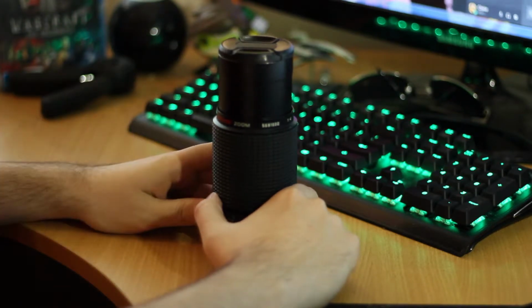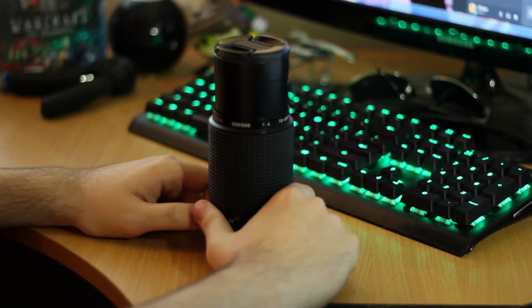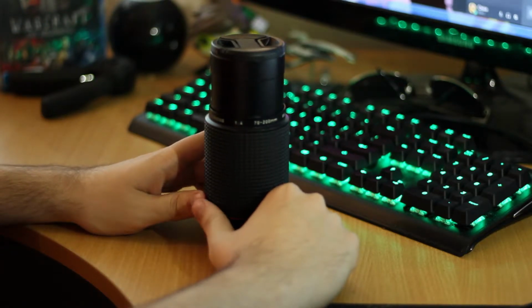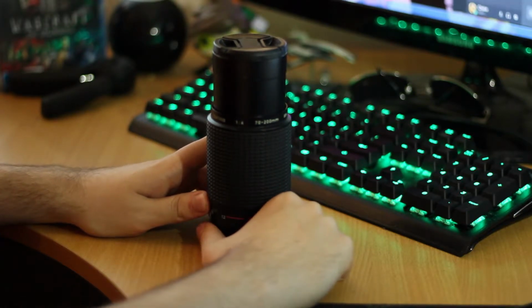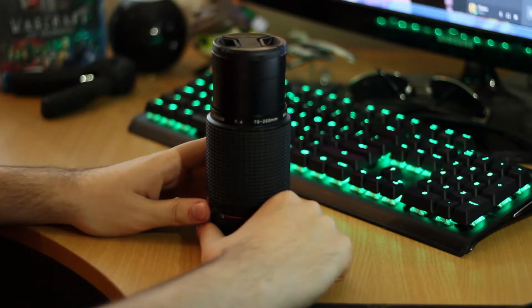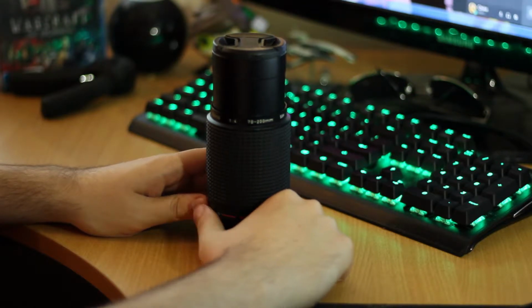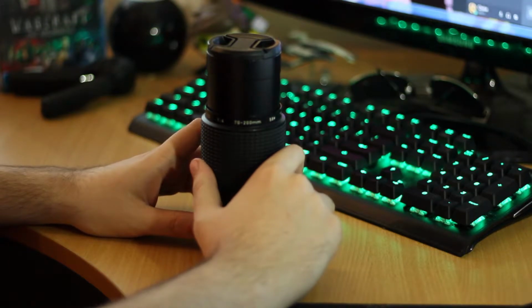So I was talked out of it, and the lens was gone within a couple of hours, because it was that big a bargain to someone who knew what they were doing. So ever since then, I've been yearning to learn that skill, so perhaps I am capable of jumping on board those sorts of opportunities. So I saw this guy on Facebook, this old bloke, selling a whole bunch of old